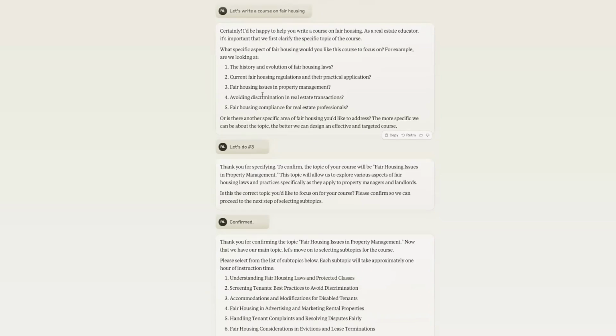So again, remember, each of these particular projects or custom GPTs were both trained on the same knowledge base. They were both trained on the same instructions. They're both given the same information on how to create this process.